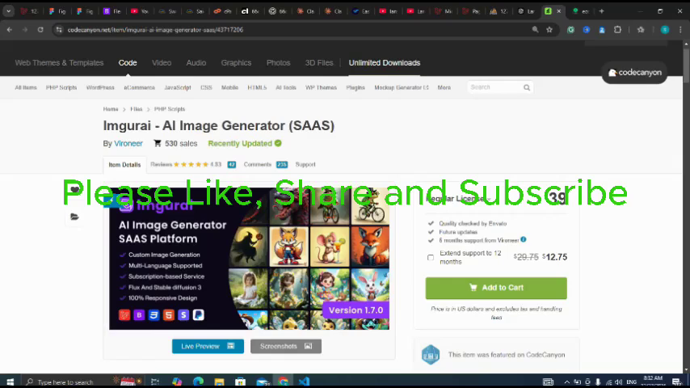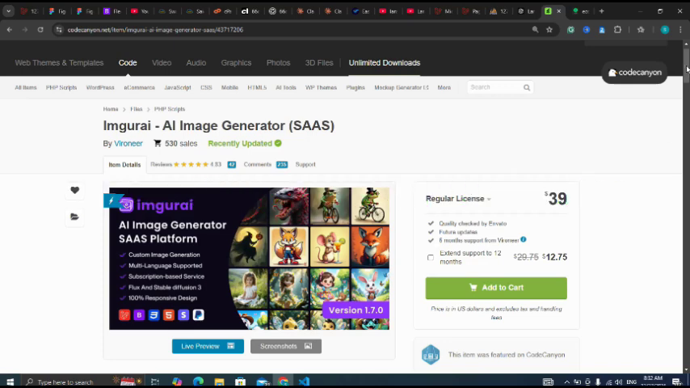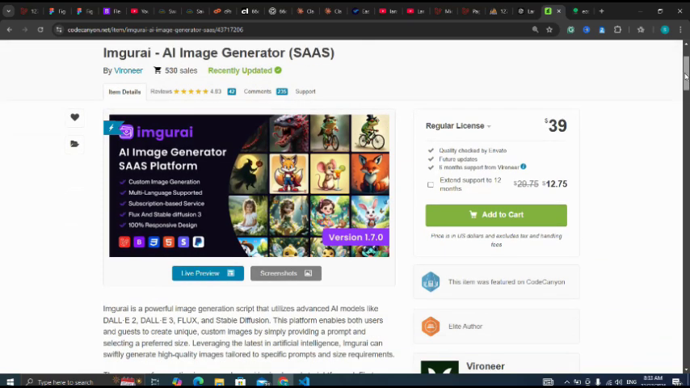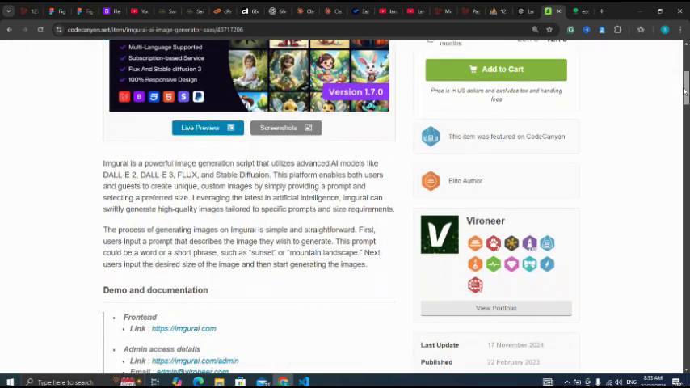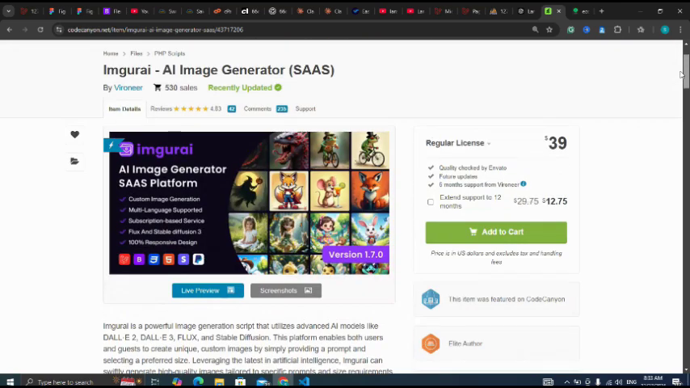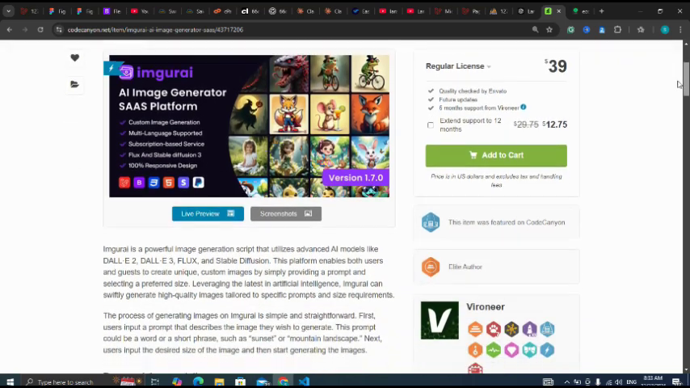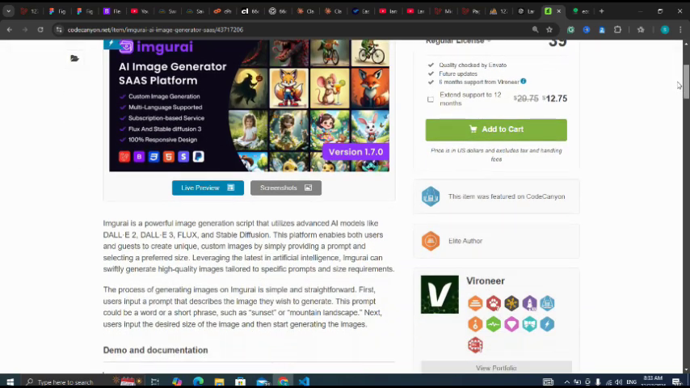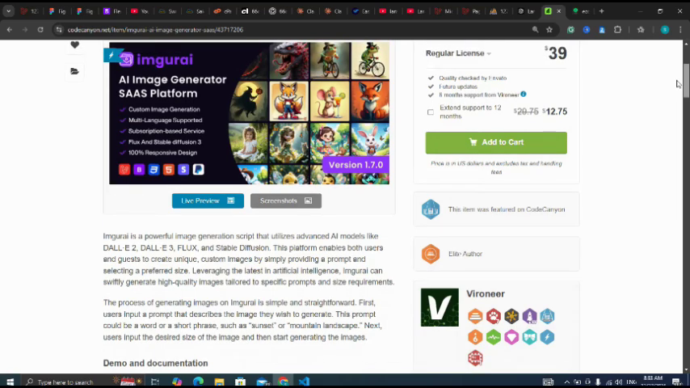In this video, we are going to be looking at how to install an AI image generator. This script precisely is Imgurai. Now let's look at some of the features. As the name implies, it is an image generator, and it does some other stuff as well. Features: custom image generation, multi-language support, subscription-based service, Stable Diffusion version 3, 100% responsive